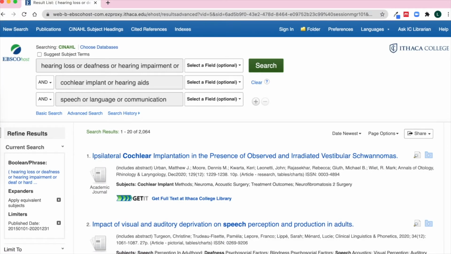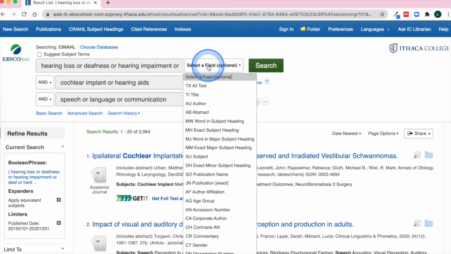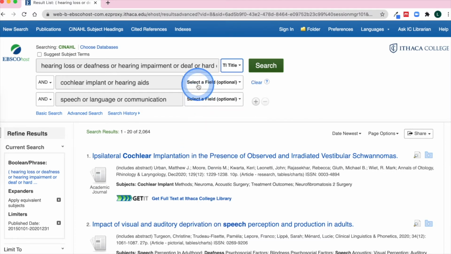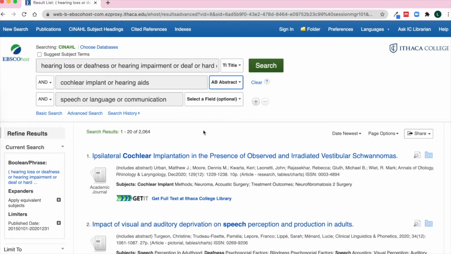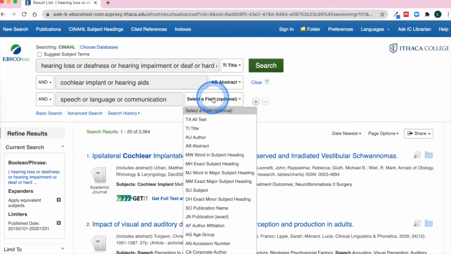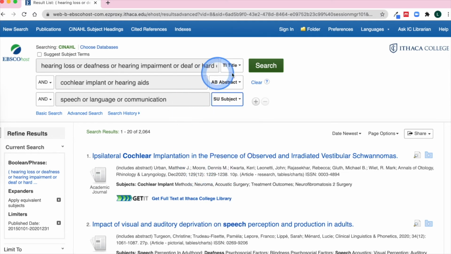Another way to limit our results is by using the drop-down field to the right of each of the search boxes. As I mentioned at the beginning of the tutorial, I like to use the title, the abstract, and then the different subject heading options. If we use the title, that will be the most restrictive. If we choose abstract, that's the summary of the article and won't be as restrictive as the title. The subject terms are terms that are used to describe the articles, and we'll take a look at some of these records so we can get a better sense of what that means.